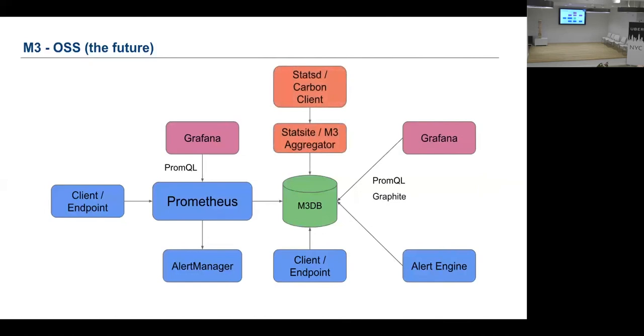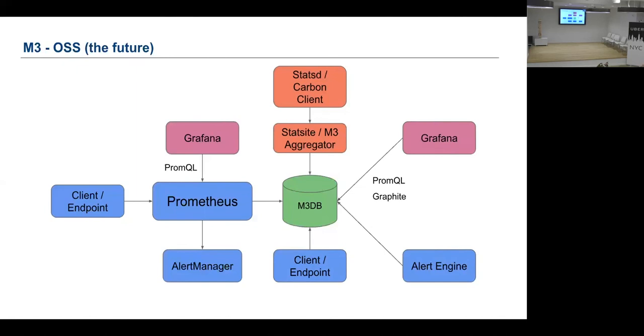So anyway, we also really want to support StatsD metrics in open source. We do use M3 for StatsD metrics and tag-based metrics and Prometheus metrics. It's just that we basically don't have some of that plumbing in the open source